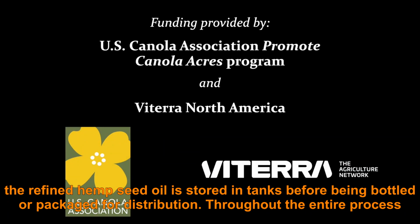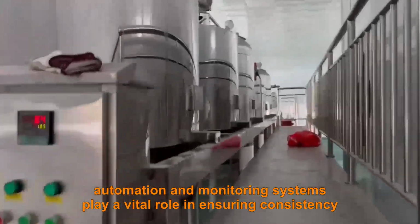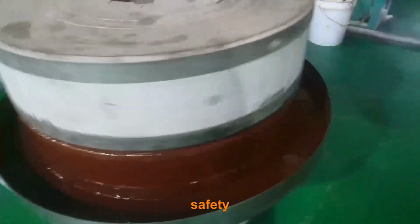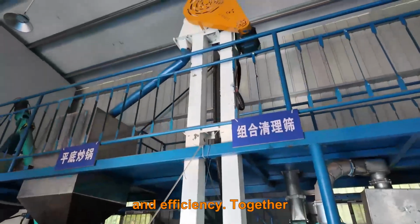Throughout the entire process, automation and monitoring systems play a vital role in ensuring consistency, safety, and efficiency. Together,